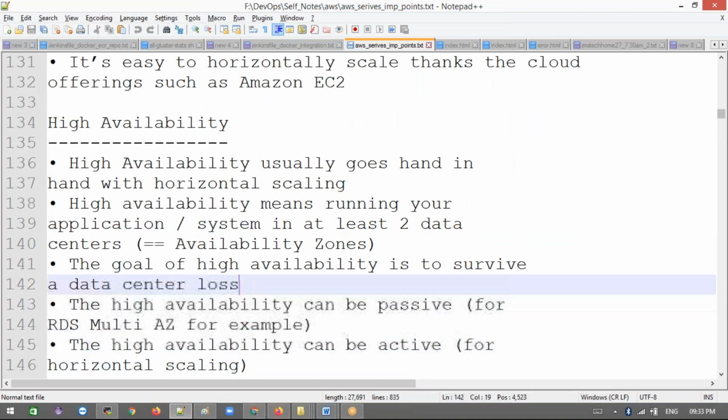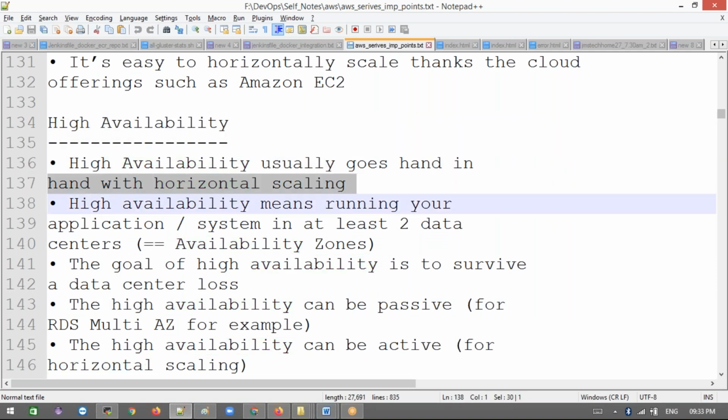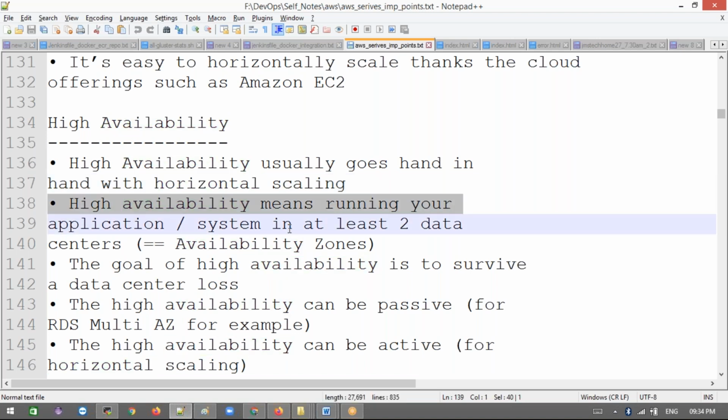Okay, and see high availability. High availability usually goes with horizontal scaling. As a maximum, high availability comes under horizontal scaling. Maximum we use horizontal scaling for real-time. Like I said, except for ElastiCache or RDS level, you can use high availability, meaning running your application